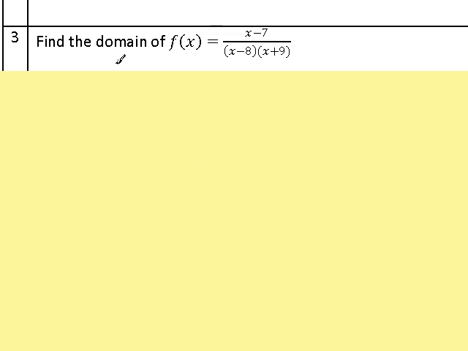In number 3, we want to find the domain. Remember, the domain is all possible x values that give us a corresponding f of x value or y value. We can substitute in anything here and come up with a corresponding f of x value, excluding x equals 8 and x equals minus 9, because those values, 8 and minus 9, make the denominator 0. So the domain,